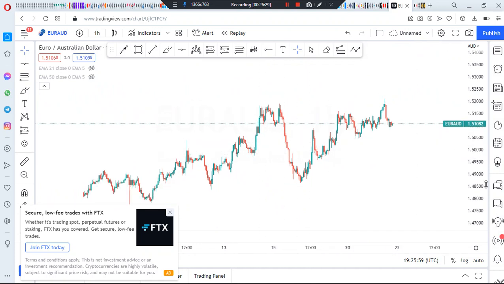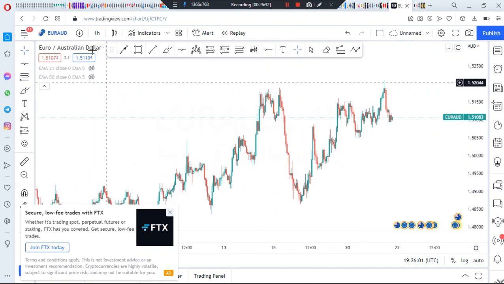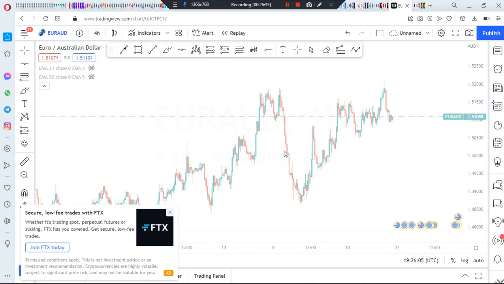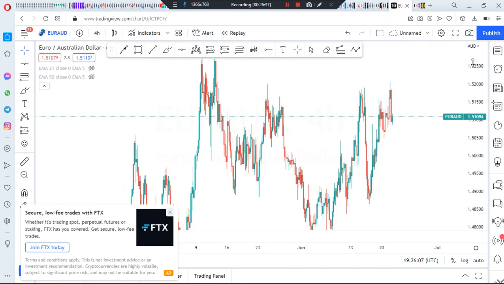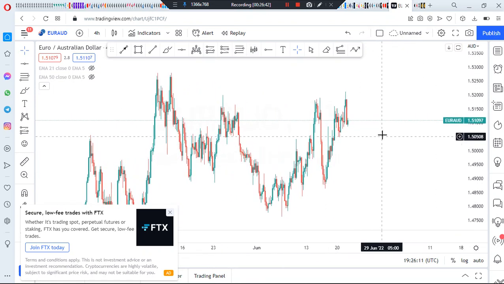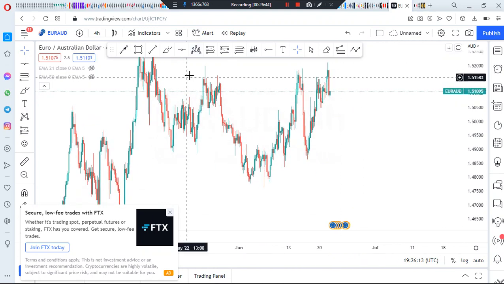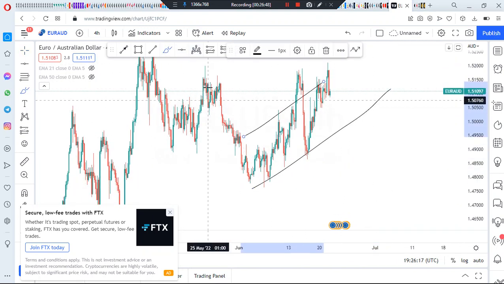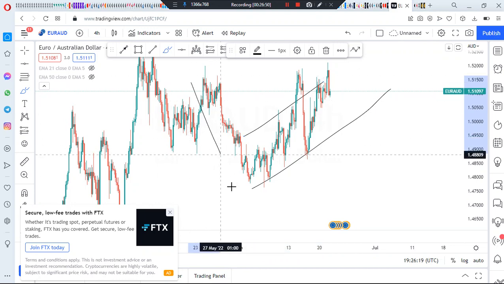Okay, so this is the Euro AUD pair. So let me go to the 4-hour time frame. So this is what we have on the 4-hour time frame. As you can see, this is an uptrend. Onto the uptrend, this was sort of like a downtrend,